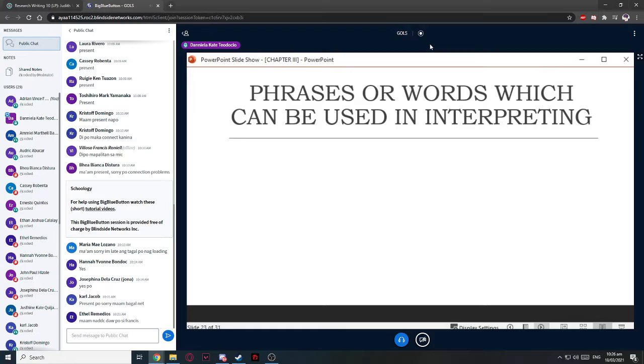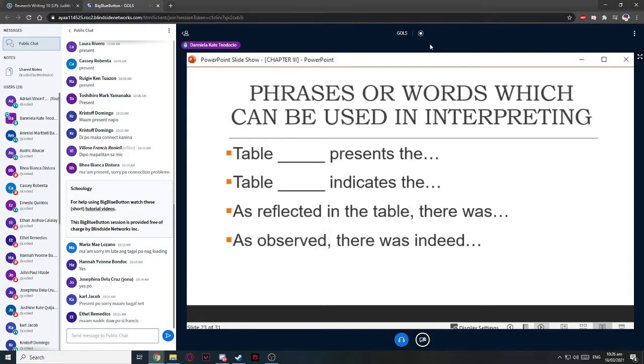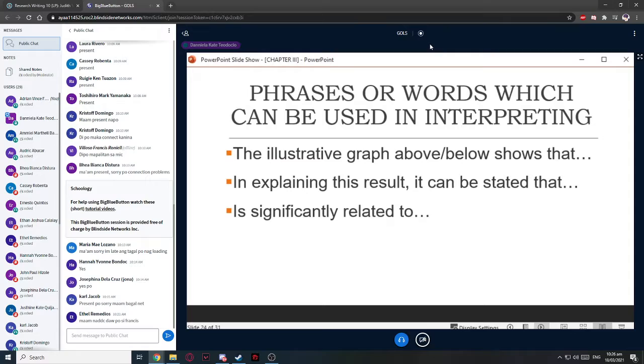or our graphs. We can have: table blank presents the, table blank indicates the, as reflected in the table, there was blank, as observed, there was indeed blank. Delving deeper into the figures, then you will continue the sentence. The illustrative graph above or below shows that. In explaining this result, it can be stated that, or blank is significantly related to blank, or is found to be determinant of,